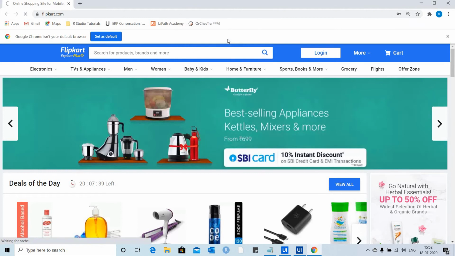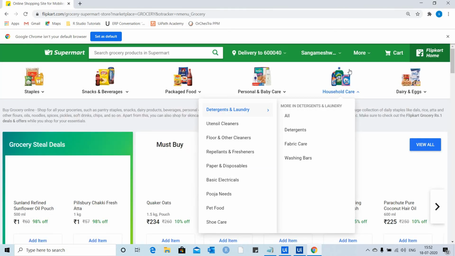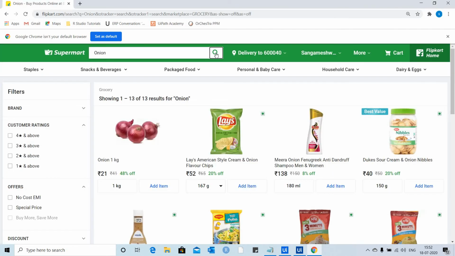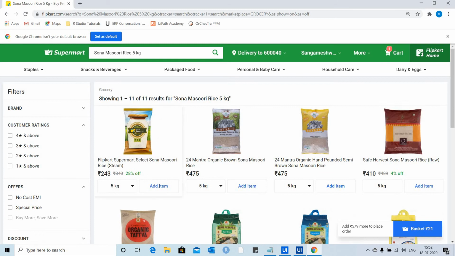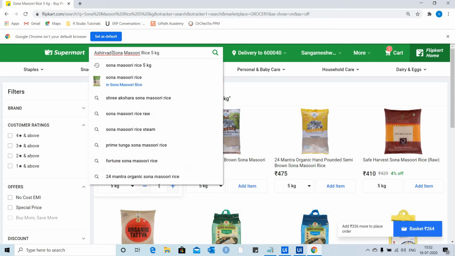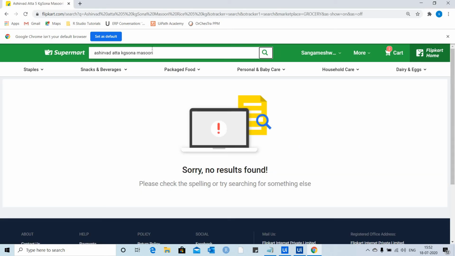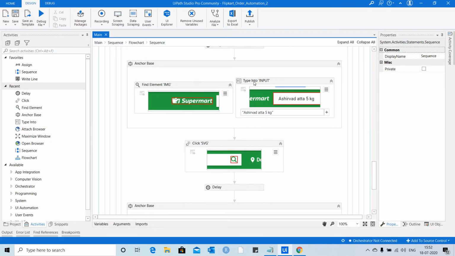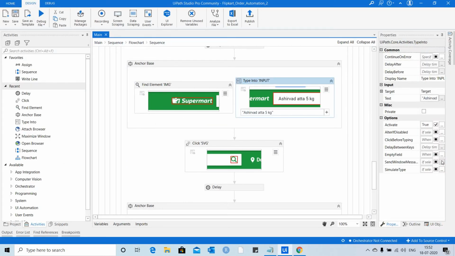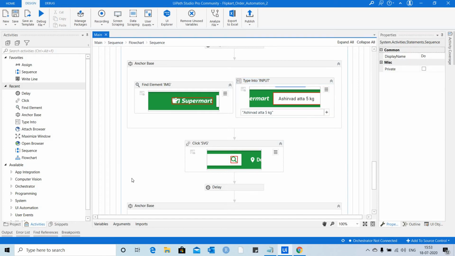So we are able to log in, go to the grocery page, and add the onions. So friends, here let me stop this. Inside Type Into, we need to empty the field before we move into the next search option.